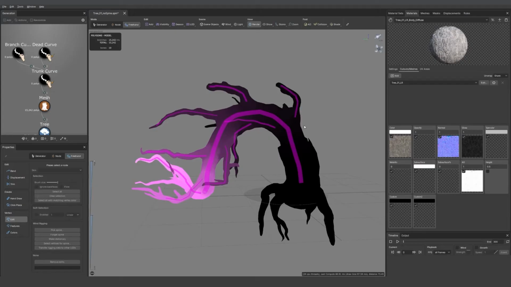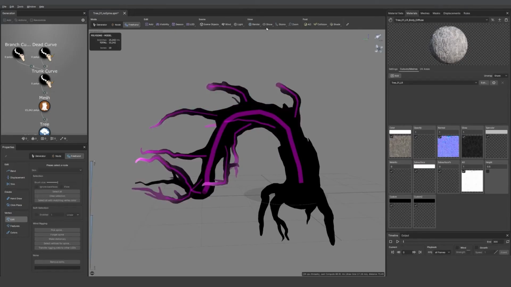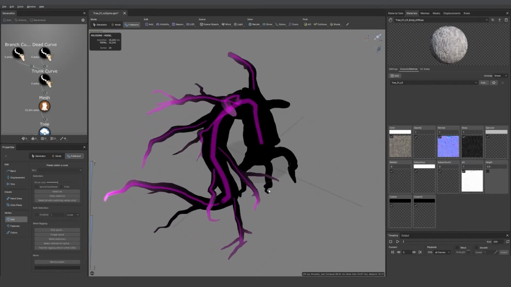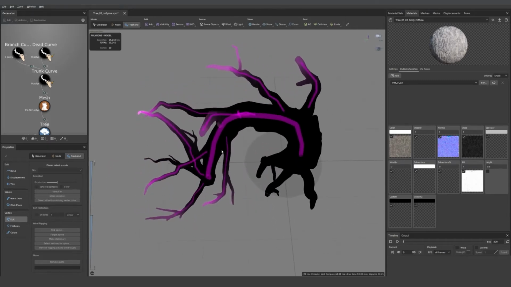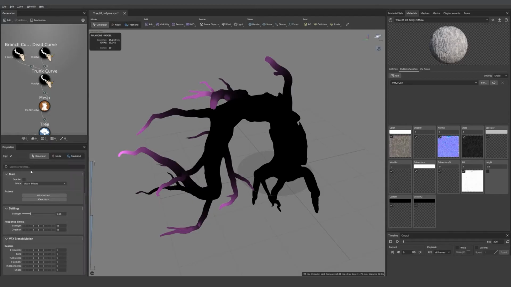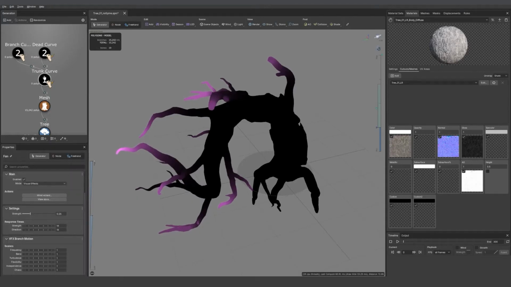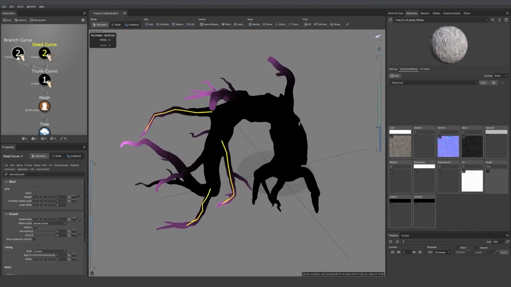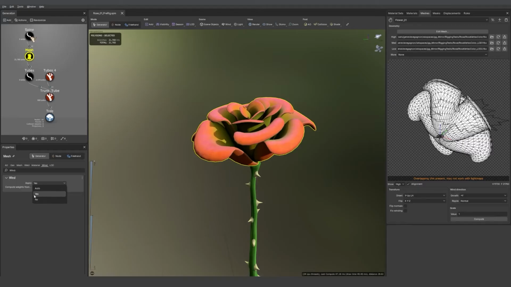Now that we're done, we can look at the wind weights too. And you can see here that the best guess we chose when we assign the wind weight options on our mesh is really great. So we don't need to do much more on this one, but you could go fully manual if you wanted to. If you have a more complex mesh, meaning that the vertices are closer to each other, like the one